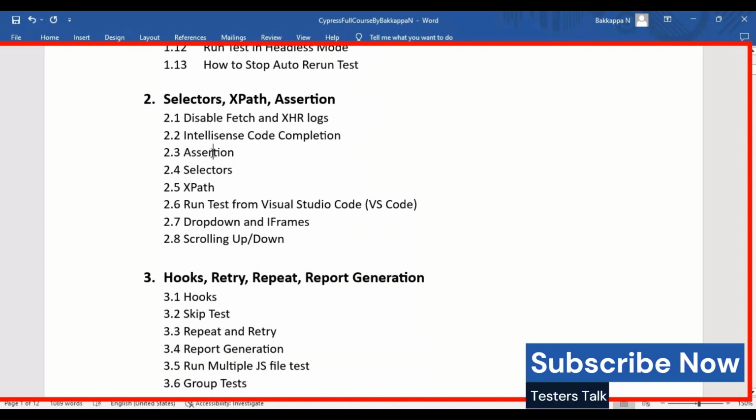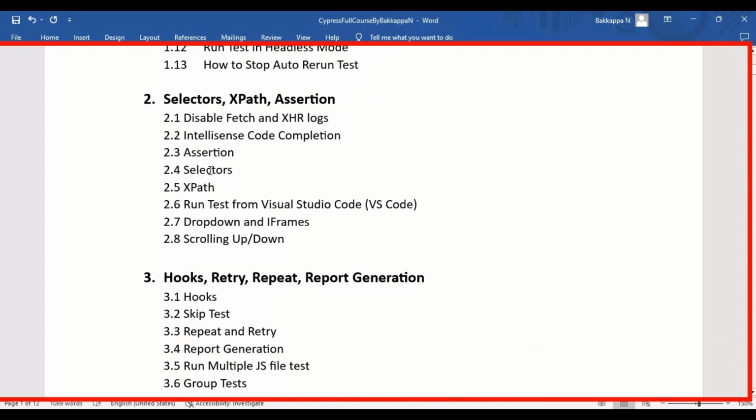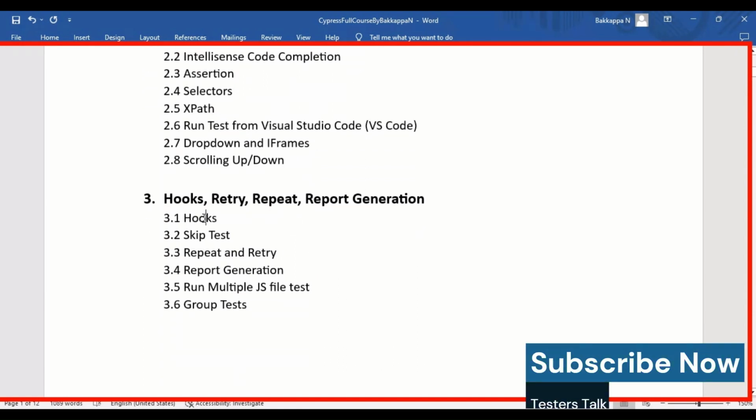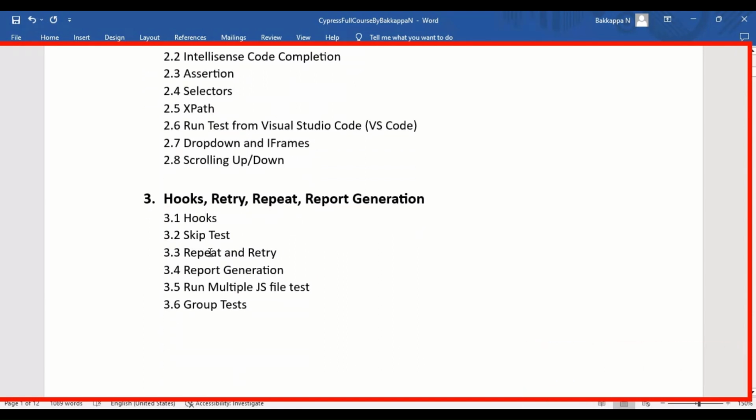different ways of assertions, different ways of selectors or the CSS selectors in the Cypress, and how to use the XPath in the Cypress, and how to work with drop downs and iframes. And also you have seen how to scroll up and down in the Cypress. And also you have seen how to implement hooks in the Cypress and how to repeat a particular automation test to check the stability of an application, to check the stability of the automation script. And also you have seen how to auto retry failed automation test and how to generate the HTML report in